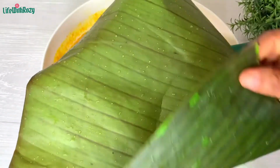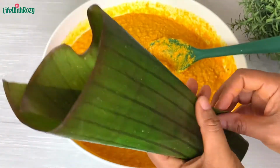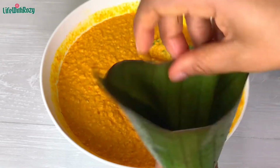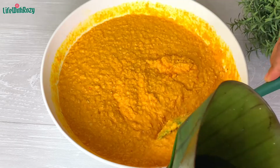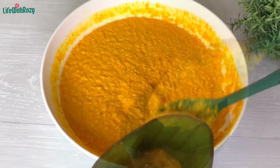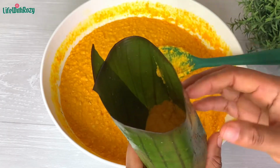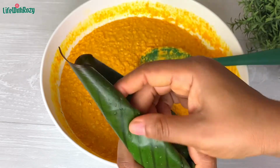Next, I'm going to be wrapping the corn paste, and to do that, just fold the leaf into a cone like so, and then take the back, open it, and put in the corn paste. Put as much as the leaf you wrap can take. It's kind of tricky to wrap the leaf, but I'm getting used to it. Practice makes perfect. So once that is done, I'll go ahead and seal the top like so it doesn't leak,